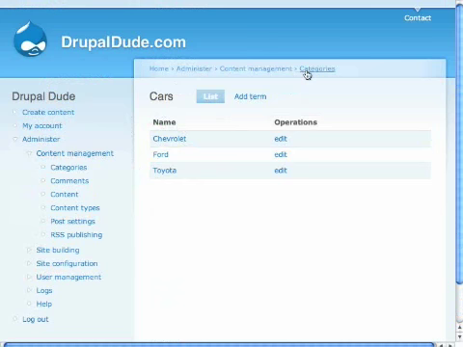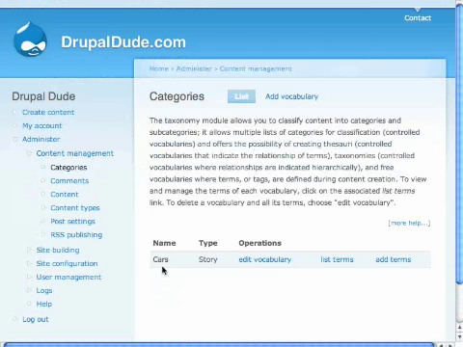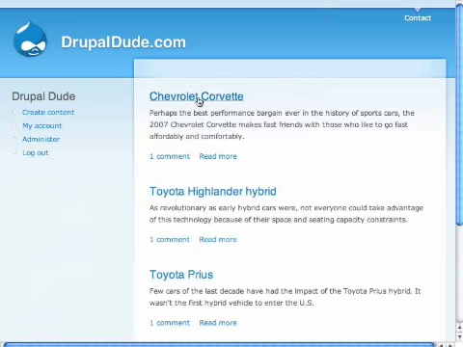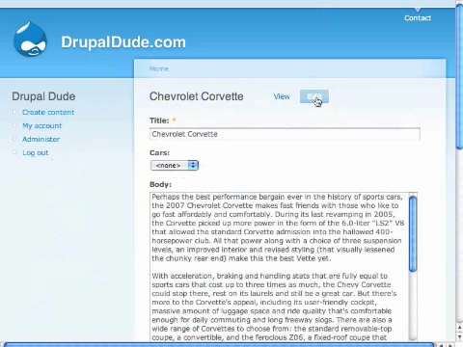What you could do is, if I go to categories here, you can add more terminology, like I have two of them on hybrids and two of them on non-hybrid. So I could call another category vocabulary called type, and then the terms would be hybrid and non-hybrid if I wanted to. So here, go back to home, and we'll go to Chevrolet Corvette,